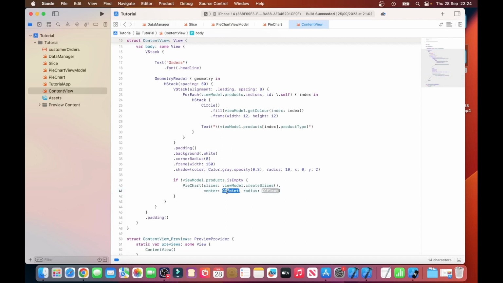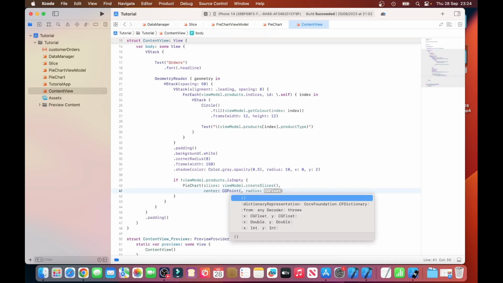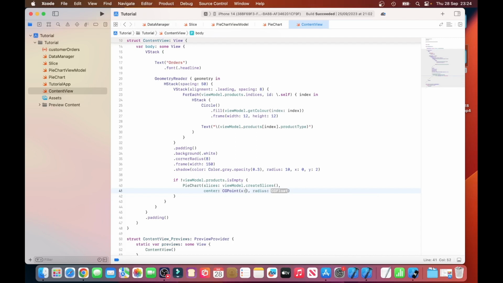and then center CGPoint, open bracket, x: geometry.size.width times by 0.5 minus 120,